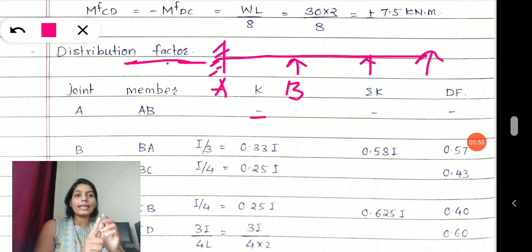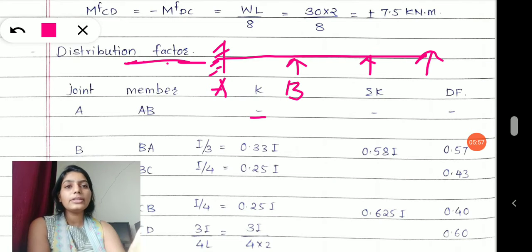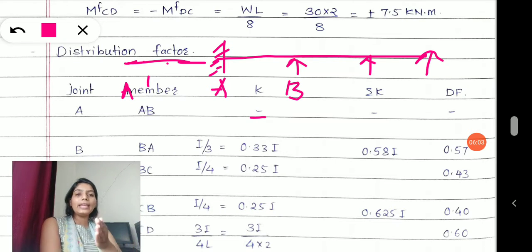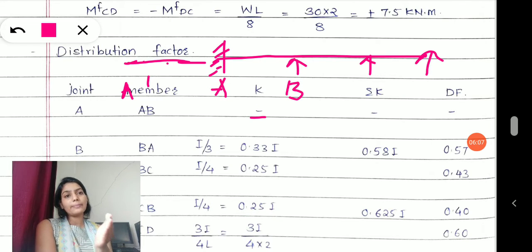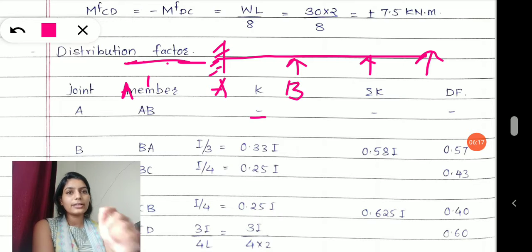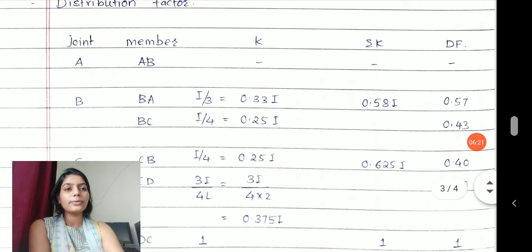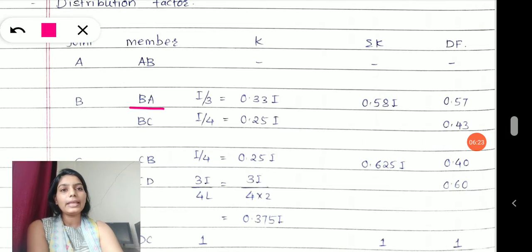From joint A, you can write only two spans, A dash or AB. But from joint B, you have balancing spans, and you consider the span BA under joint B. Therefore, there will not be any moment coefficient, K coefficient or stiffness coefficient for joint A. Okay, so let's jump to the next joint, joint B, and from joint B you have BA and BC.